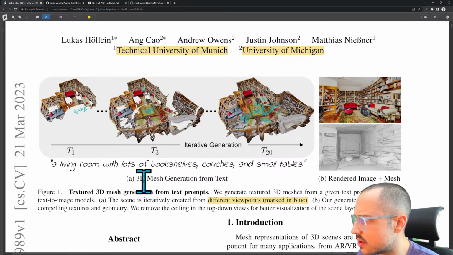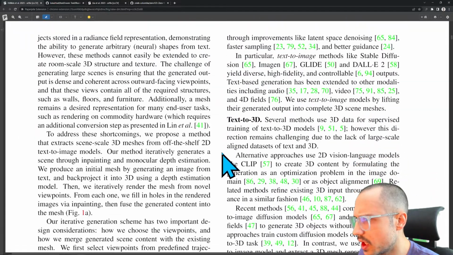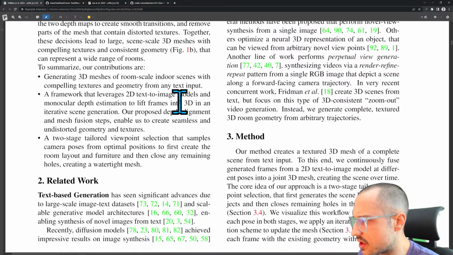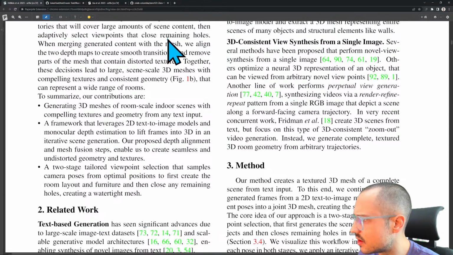Yeah, so this is pretty cool, right? I think the in-painting is going to be the secret sauce for this one. We're going to skip through the related work and the introduction. Or actually, you know what? Let's look at the